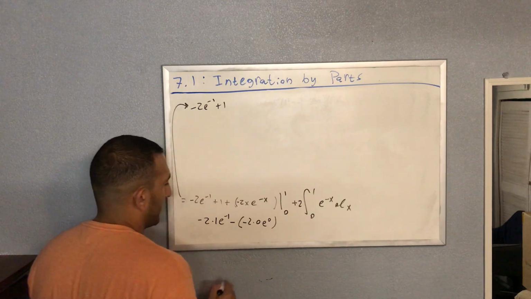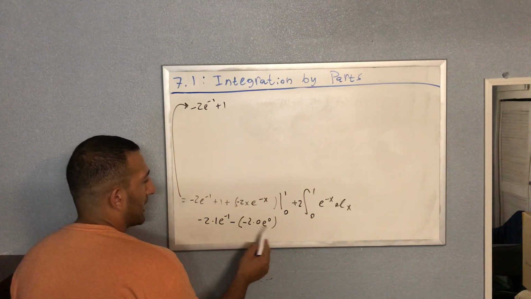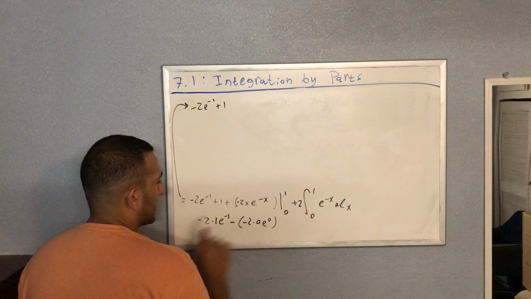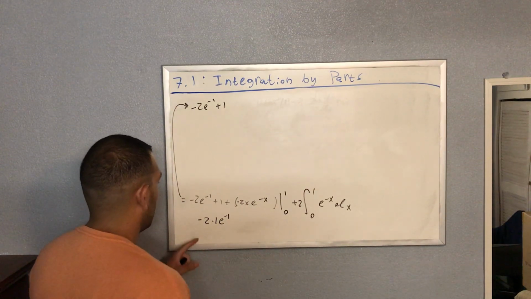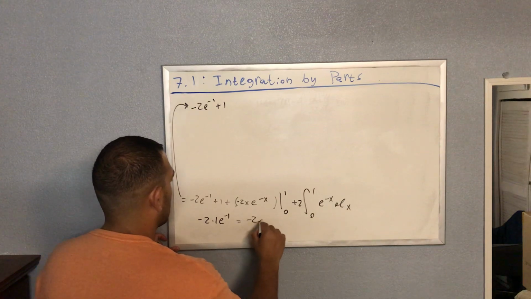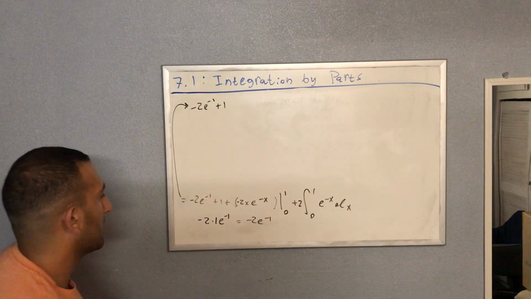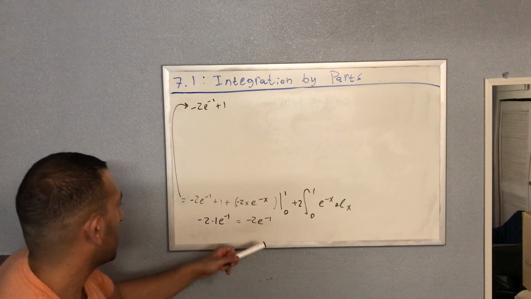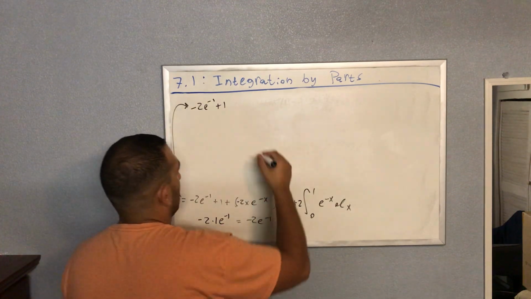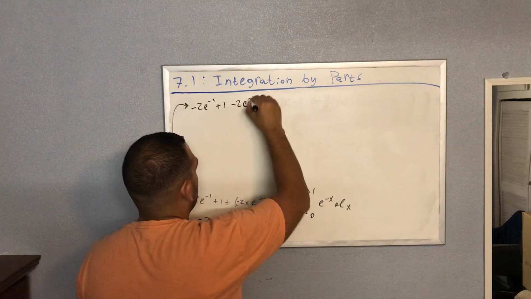And now you can see that here there won't be any contribution. When you stick in the 0, it's gone. So all that we're really getting is negative 2 e to the negative 1 out of this. So now again you have minus 2 e to the minus 1